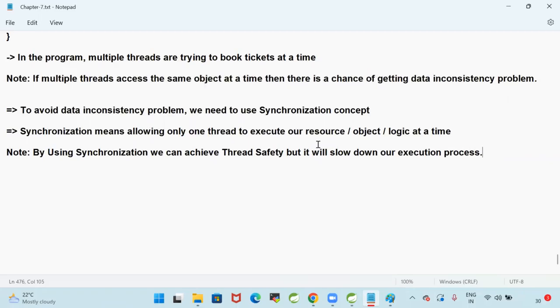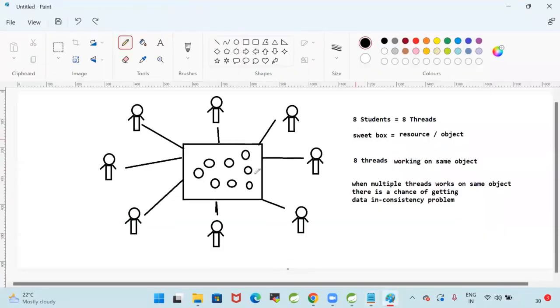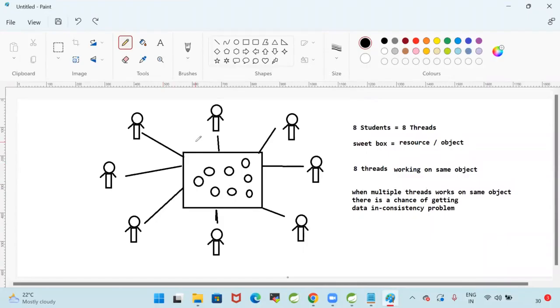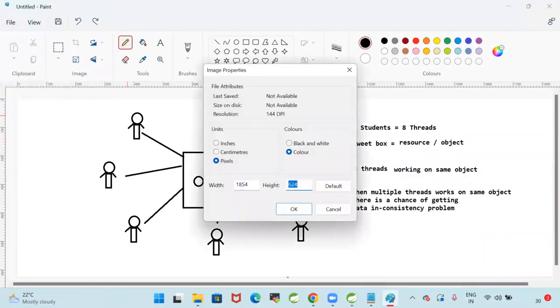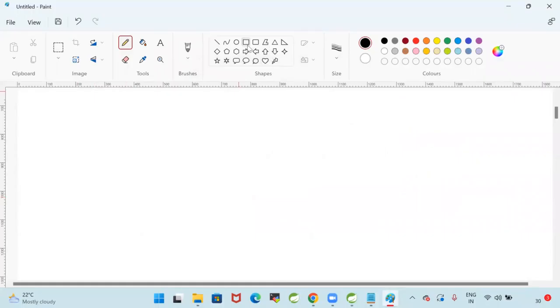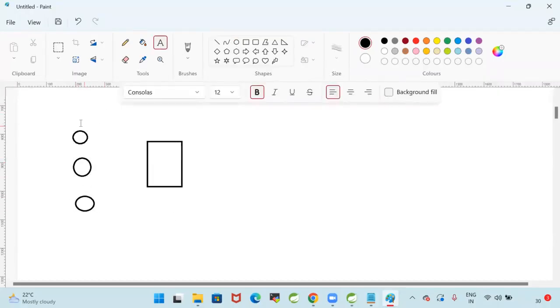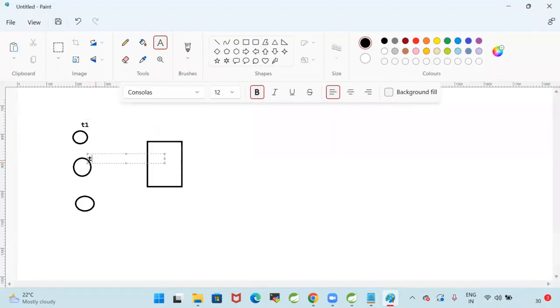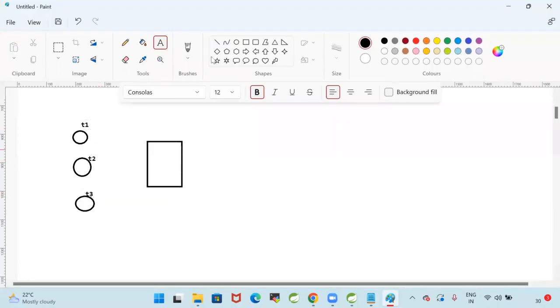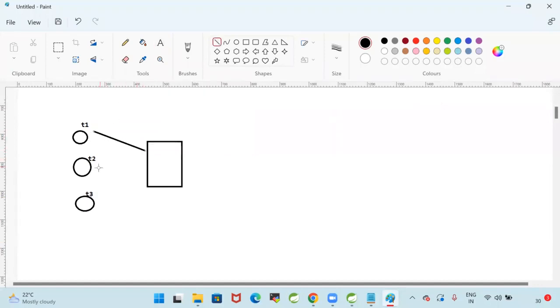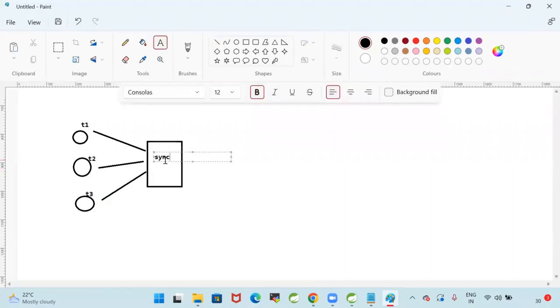Are you able to follow this? Now, if 10 people access at a time, there is a data inconsistency problem. Suppose, for example, I kept a box like this, an object like this. Now, T1 is available, T2 is available, and T3 is available. There are 3 threads. If I make this object a synchronized object,